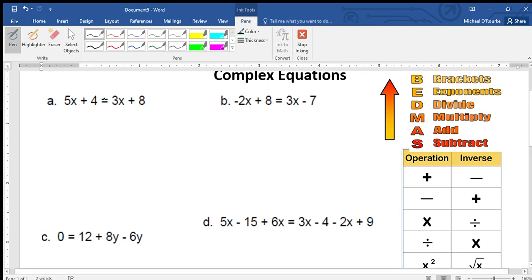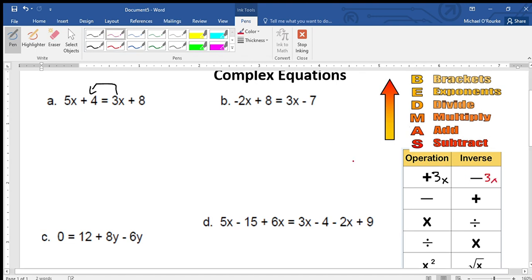5x plus 4 equals 3x plus 8. Now we have x's on both sides of the equal sign. So we need to get x's on one side. Generally, I always say the bigger number stays. So let's move this guy over here. So right now it's a plus 3x, right? So it's plus 3x. So when I move it over, it's going to become a